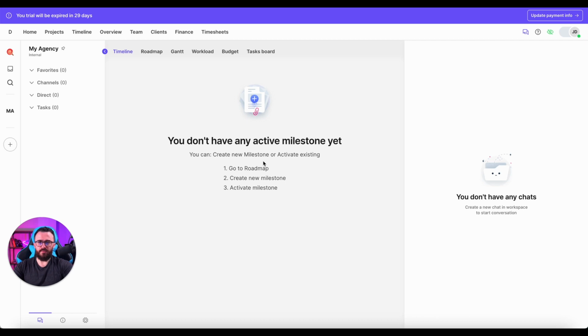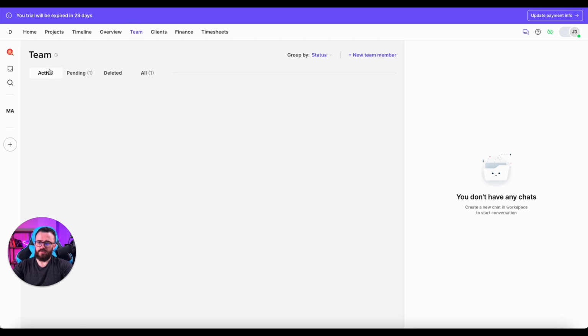Next step, we're going to focus on inviting team members. At the top, you can find the team. Here, you can see 4 tabs: active, pending, deleted, and all, as well as grouping settings and the opportunity to invite a new team member. You can also spot that we have this window on the chat. So I just want to close this widget so I can have more real estate to work on